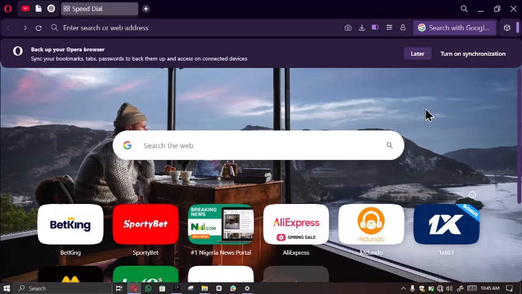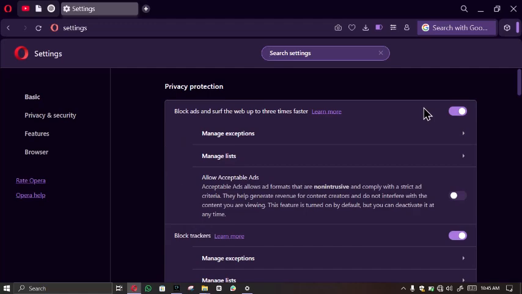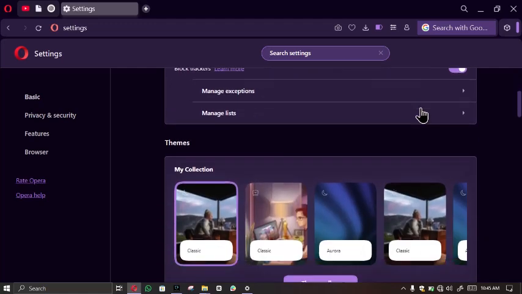Hello everyone and welcome. In today's video we're going to be looking at how to edit camera permission for sites on OpenGX. So the best thing to do is to open up your settings first. I prefer using the Alt and P buttons, that is the keyboard shortcut. And next scroll all the way down